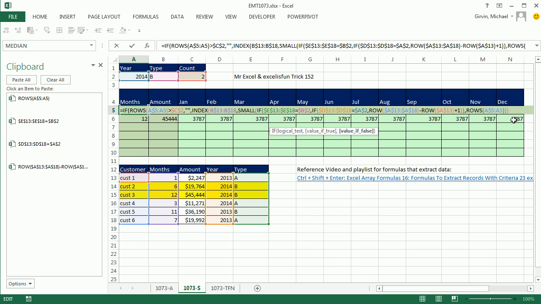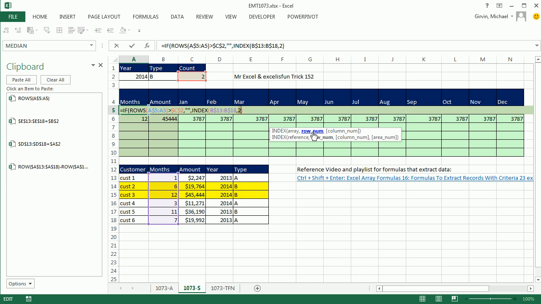So I'm going to come to the end. Value if false is that whole index. Actually, we can go like this. The row number is going to be that. F9. Hey, it's a 2, right? Because the first record that matches. So really, that whole array calculation is just doing exactly what we said, delivering a row number or relative position to INDEX. Control Z,